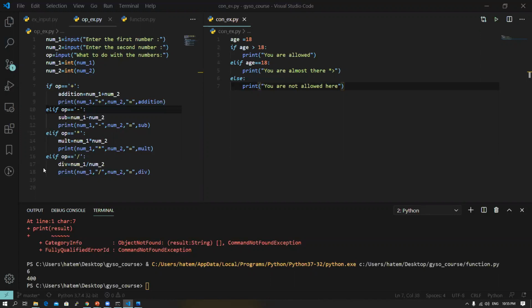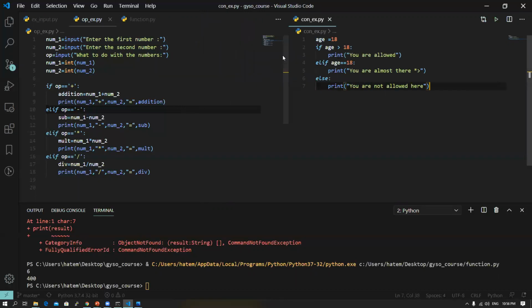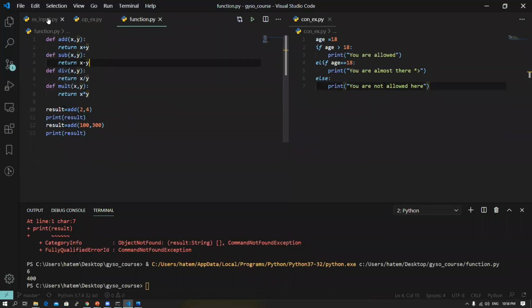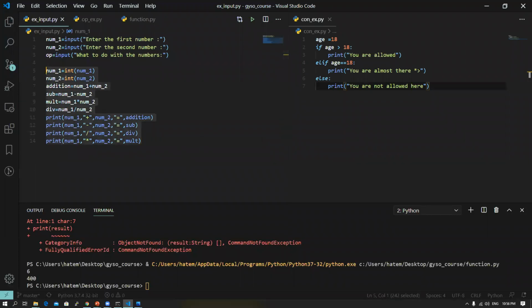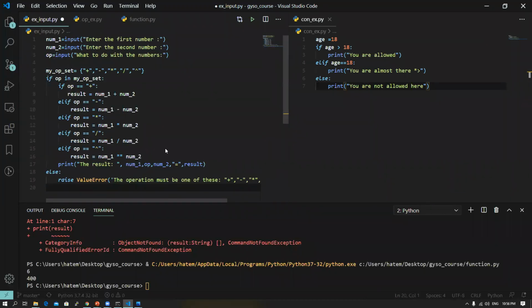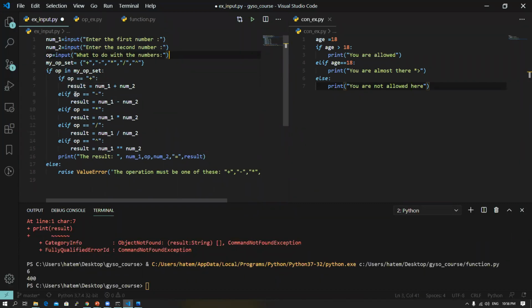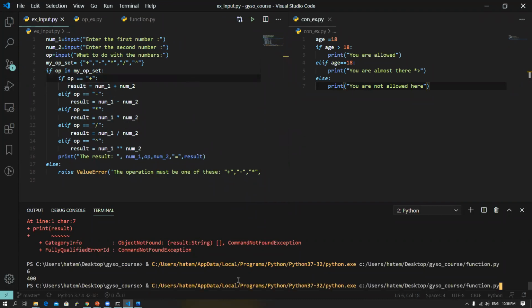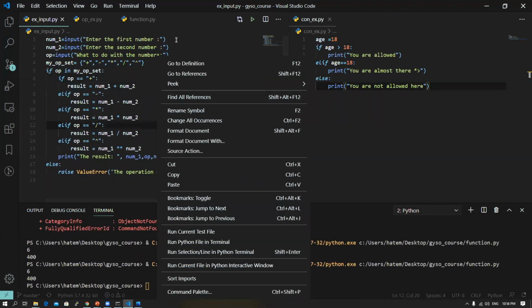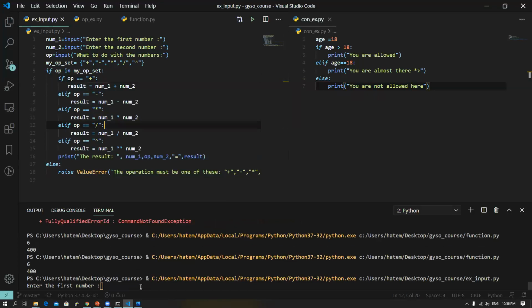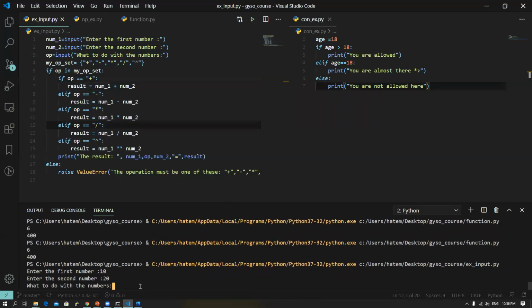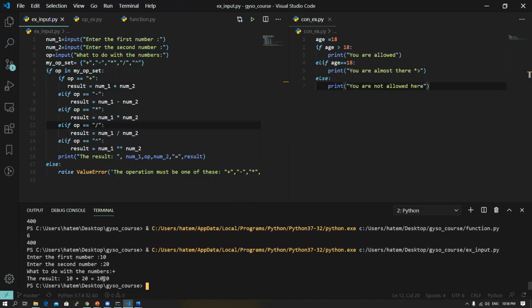Okay, let's check some of the code one of your friends tried, and debug it. Let's see what the error is. So this is the code, I think. Let's run this code and see what the error is. Say 10, 20, and what to do with these numbers? Let's say plus. Okay. The result is,